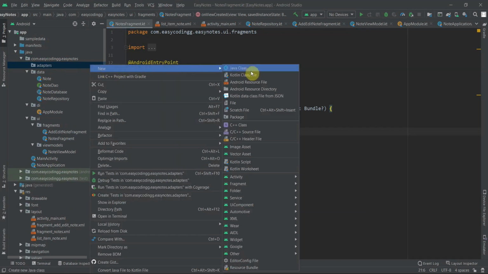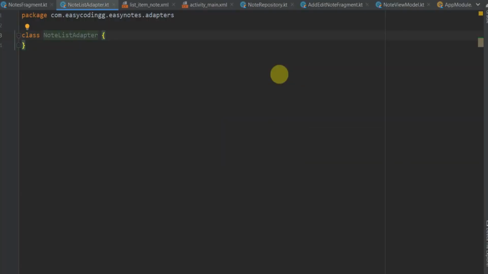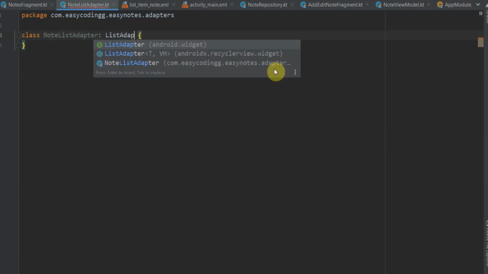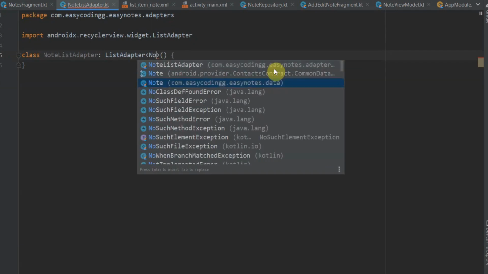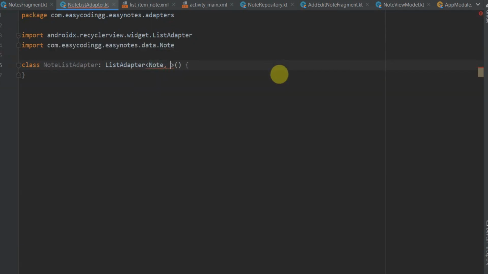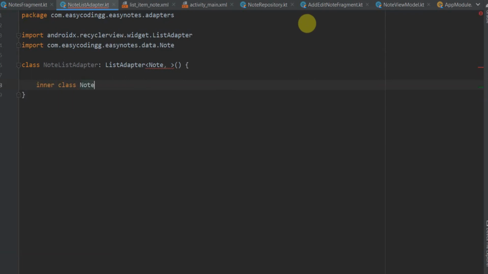Now inside of our adapters package, we'll create a new Kotlin class and name it NoteListAdapter. And this NoteListAdapter will inherit from ListAdapter from androidx.recyclerview.widget. This ListAdapter will take two parameters. The first will be the type of list, which will be our Note, and the second will be NoteViewHolder. So we'll create that here, inner class NoteViewHolder,